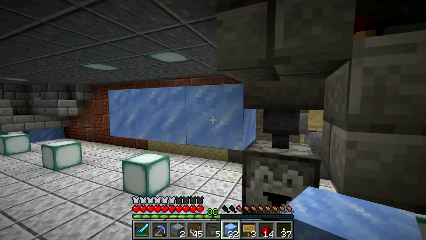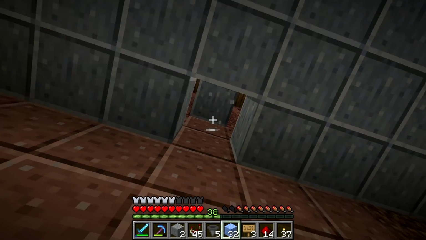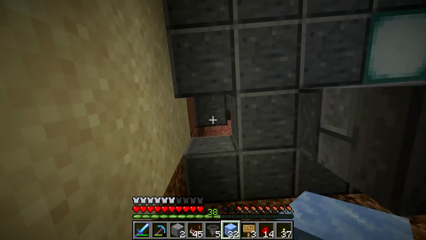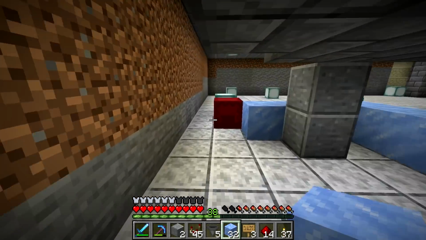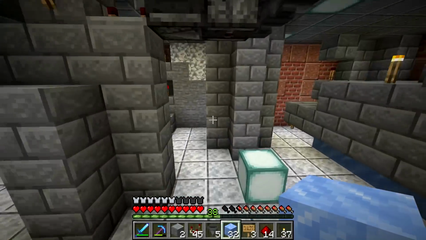So now all we have to do is put the water streams in and hook them up to where they're going to go up. So this one's going to go up right here. This is the good one, and the bad one's going to go up right here. And then once we get them to the top, I think I'm just going to...